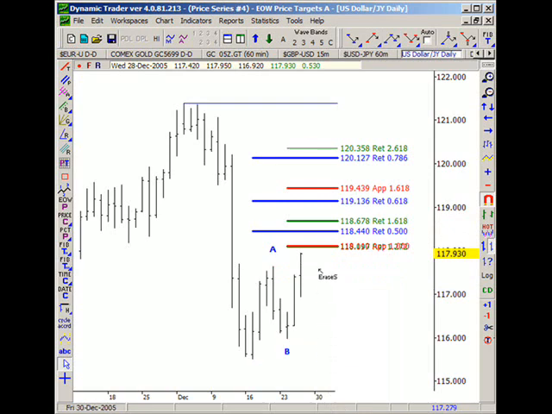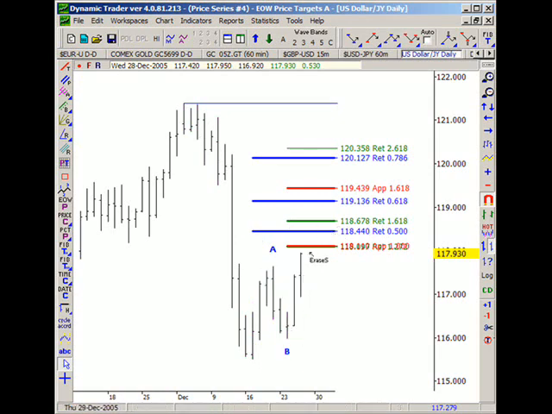And let's take a look at this zone just above the last bar on the chart. Now, some of these retracements and projections are overlapping each other, so it's hard to read, but I can do this. I can show you that 118.11 is the 100% alternate price projection. And I'll take that one off. 118.097 is the 127% external retracement of B. Put that 100% back on. Right above it is the 50% retracement of the full retracement range, and right above that is the 162%